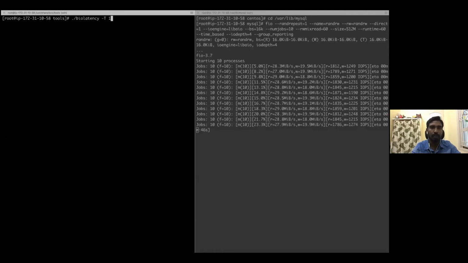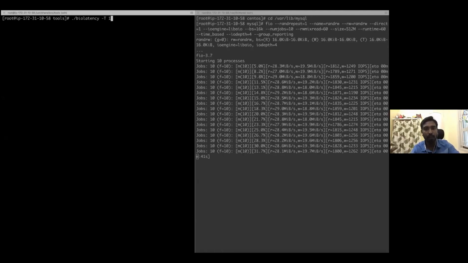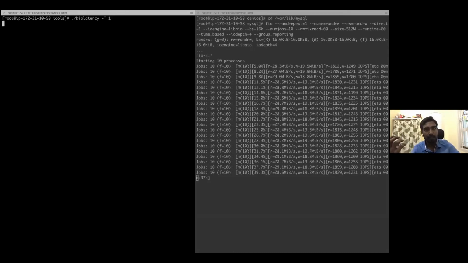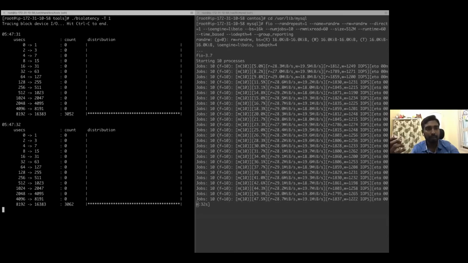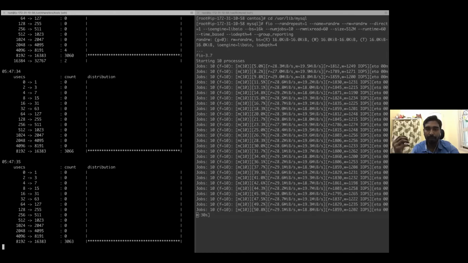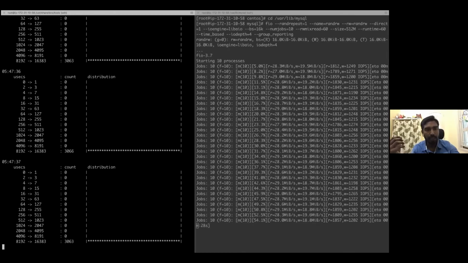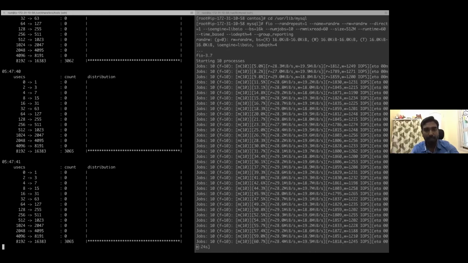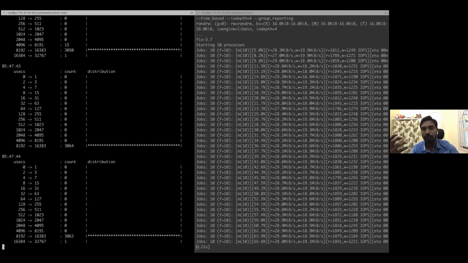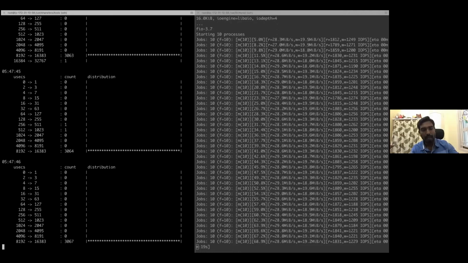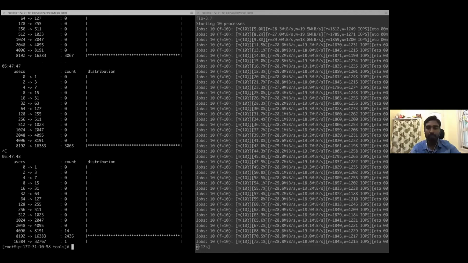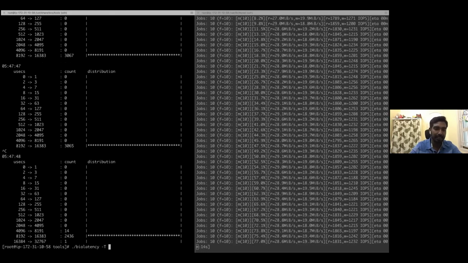What this tool does is collect information about your IO subsystem at the block level, not at the file system level, and it gives you a histographical view of it. You can see the microseconds, the time taken for each IO request. You can see the IO request is taking much time. This is in nanoseconds because I'm running FIO. It produces a histographical output, and you can make it more granular by changing it to millisecond granularity.